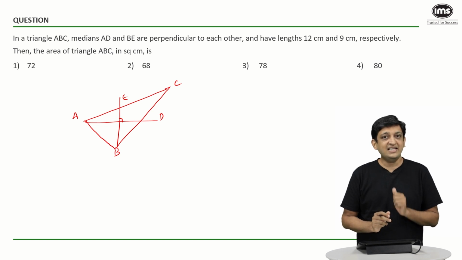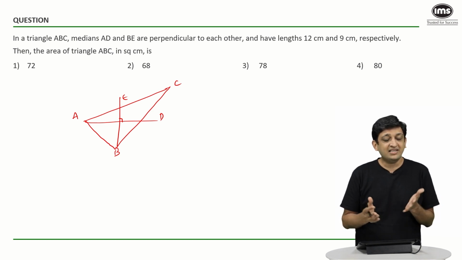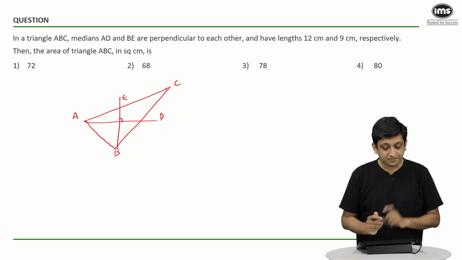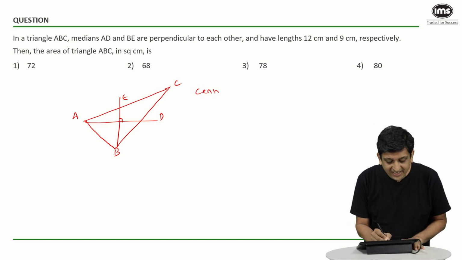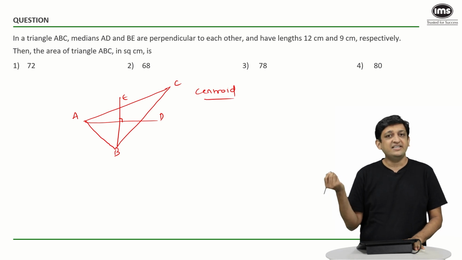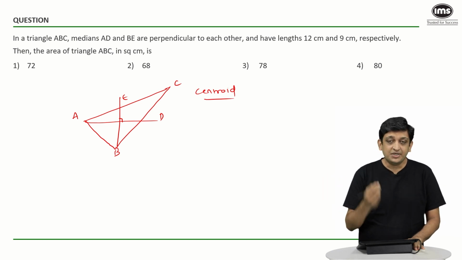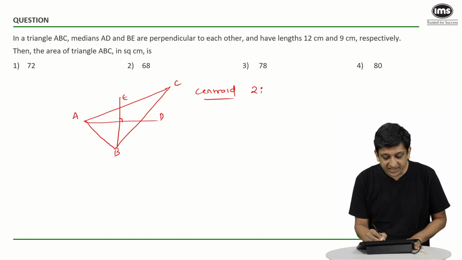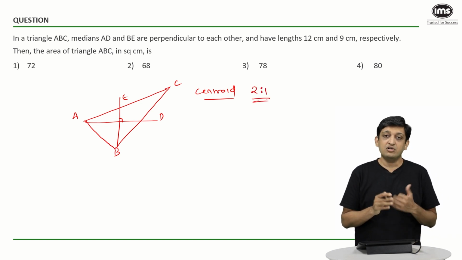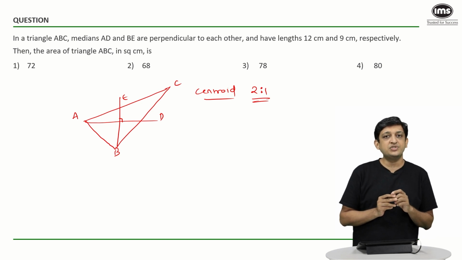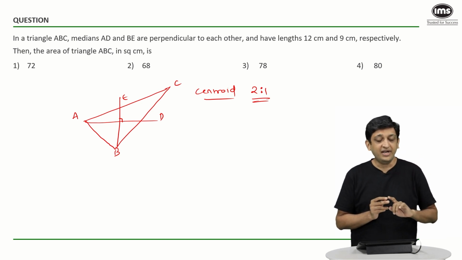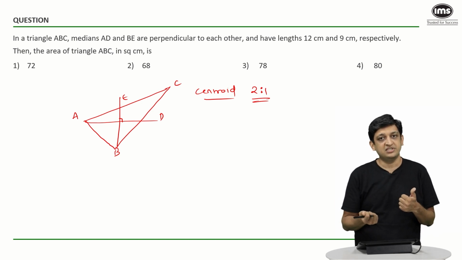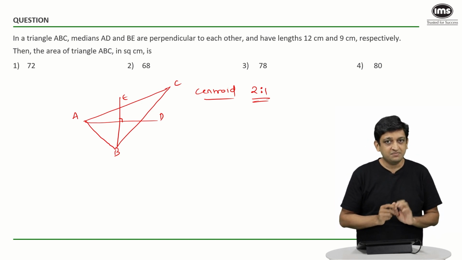We know that in any triangle, the medians will meet inside the triangle at a point which is also referred to as the centroid. A very common identity that exists is that the centroid of any triangle will divide each individual median in the ratio of 2:1. And we also know that the 2 part is always going to be from the vertex to the centroid and the 1 part is going to be from the centroid to the midpoint of the opposite side. That is how this 2:1 is being formed.